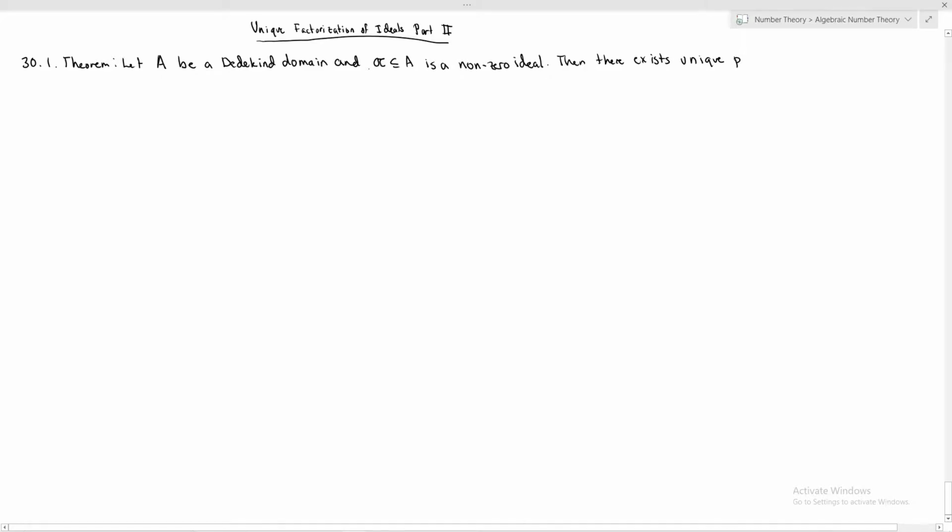Maybe I should say proper; I'll just include this. You can adjust the statement to include the unit ideal case, but if I'm going to be precise, I need to be a little more careful. There exist unique prime ideals, let's say P1 to PR,